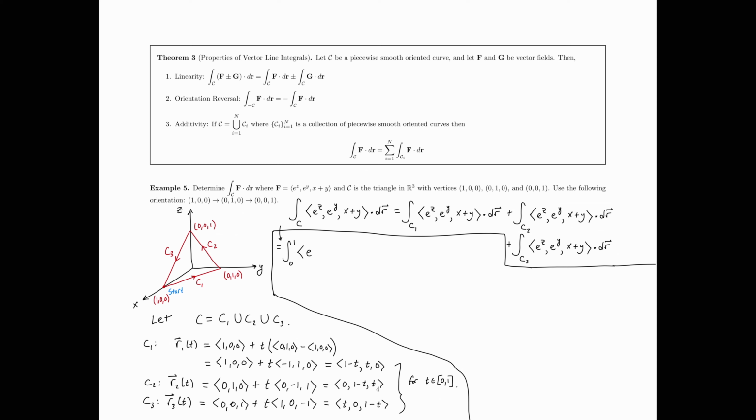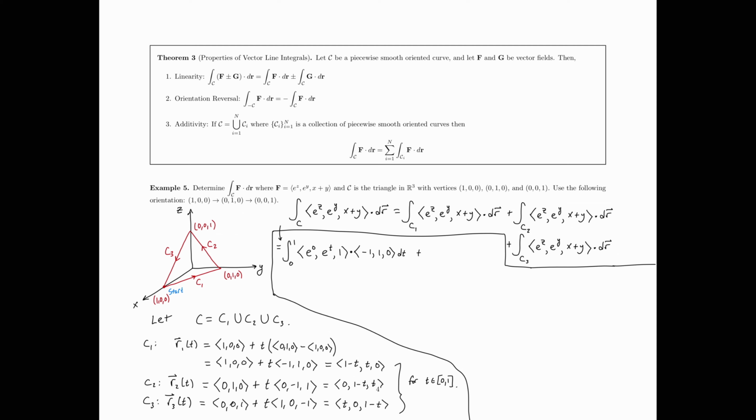and what we want to do here is look at our r1. So here's r1. What's z? z is 0. So this is e to the 0, comma, e to the y, which is t, comma, we're going to have x plus y, which is 1. Dotted with, we need to take the derivative of this expression and put that here, r1 prime. So this would be negative 1, 1, 0 dt